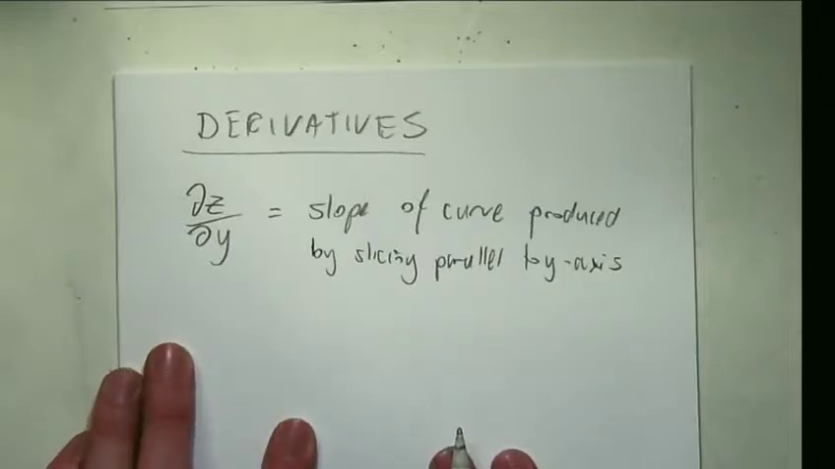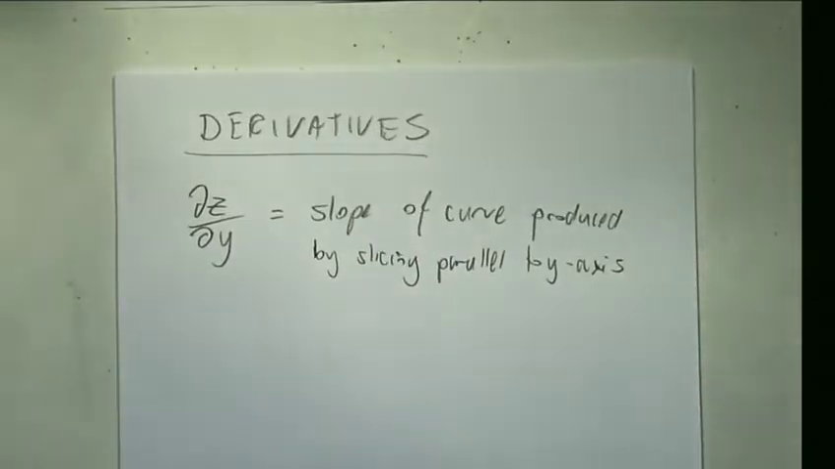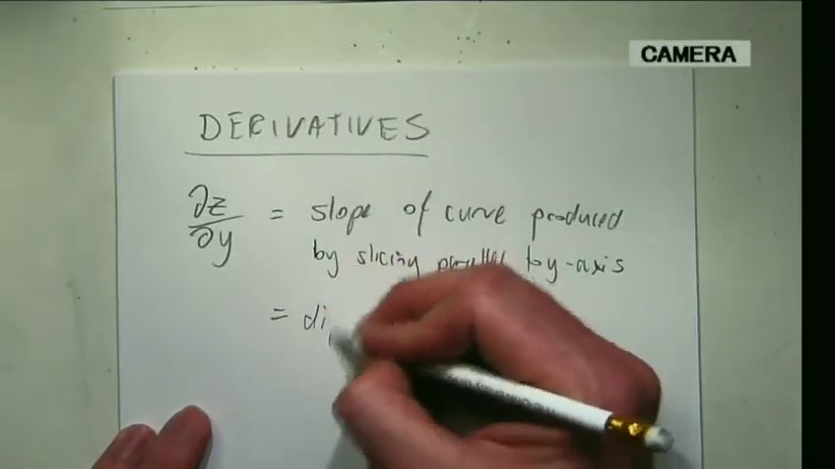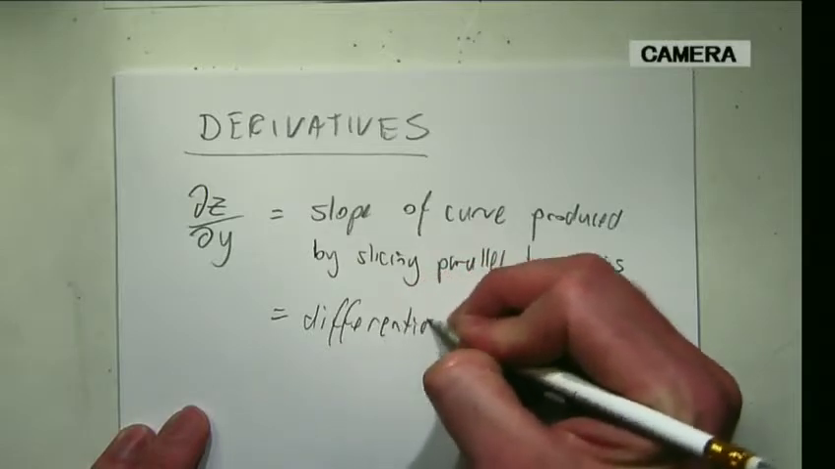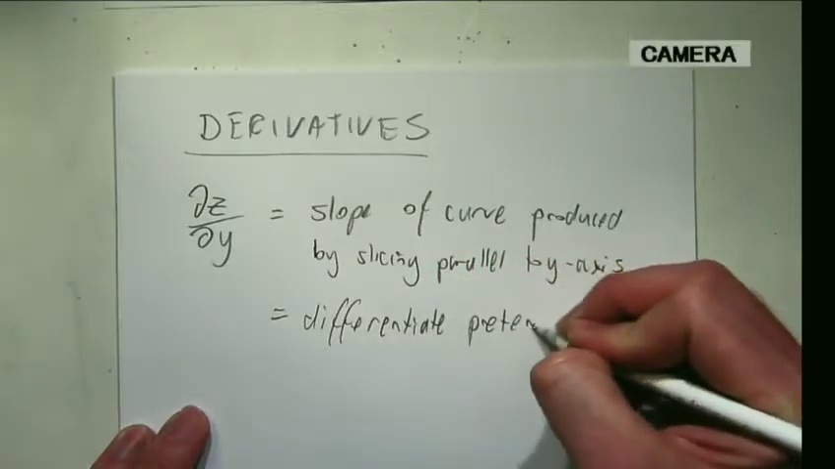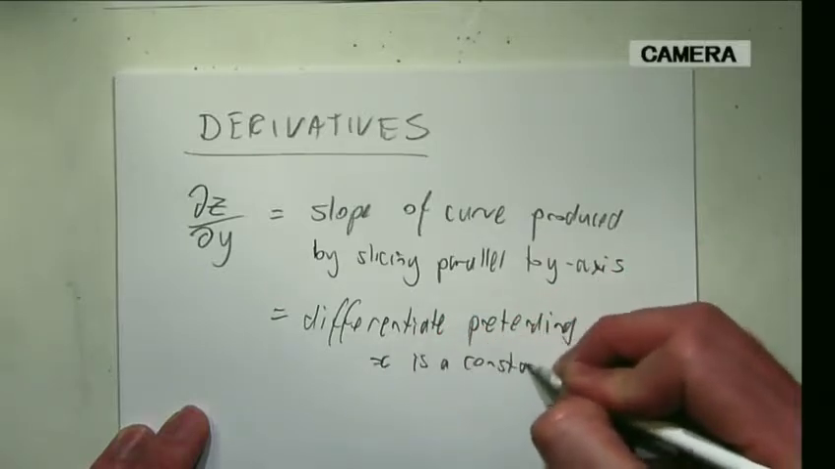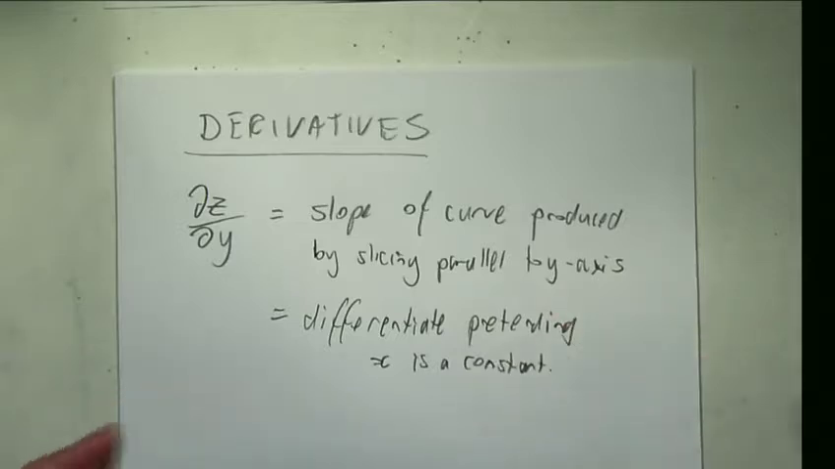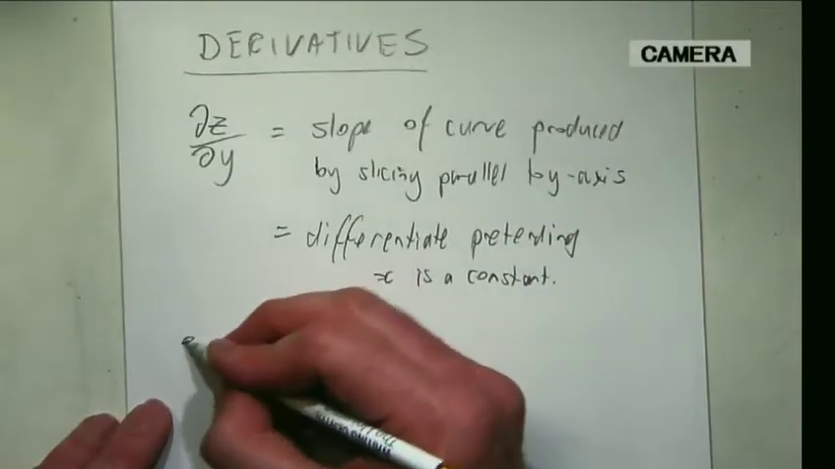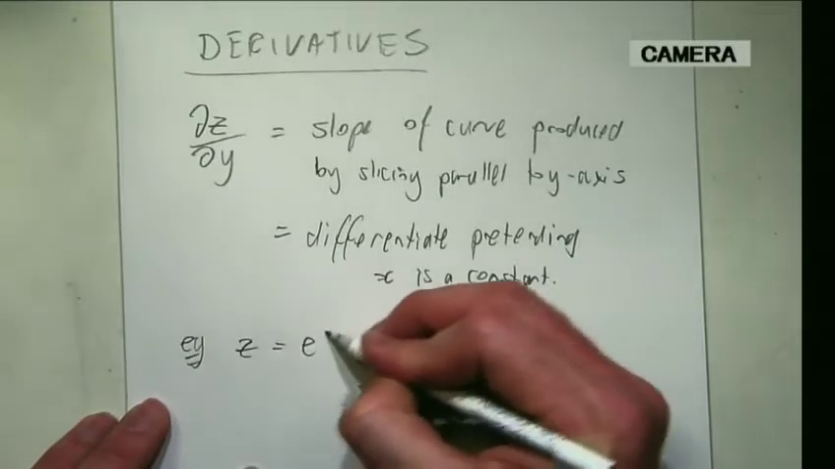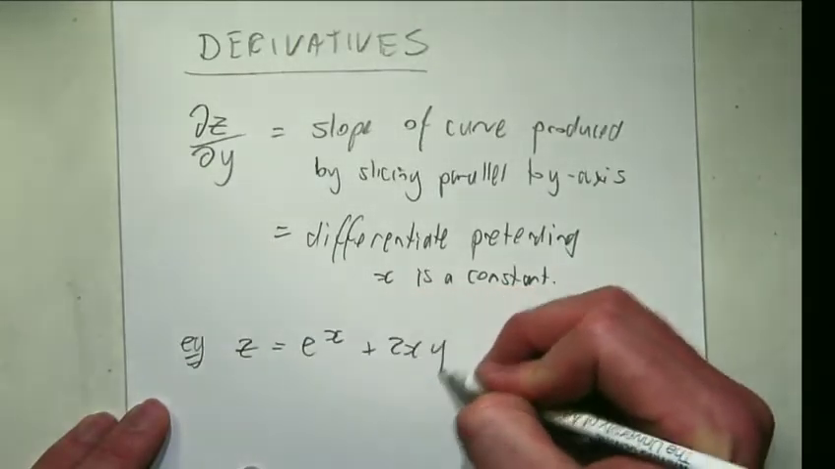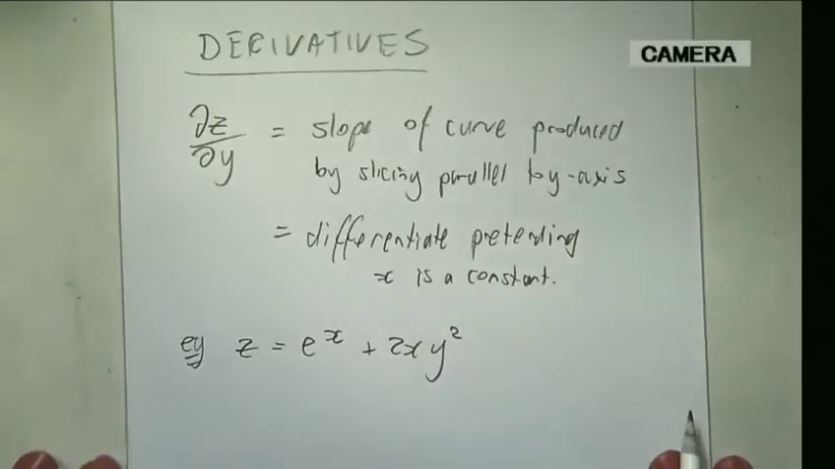But in the end, the way that you do it in terms of the algebra is that you just pretend x is a constant and differentiate the y's. So, differentiate pretending x is a constant. That's pretty much how you do it. So as an example, something like that,